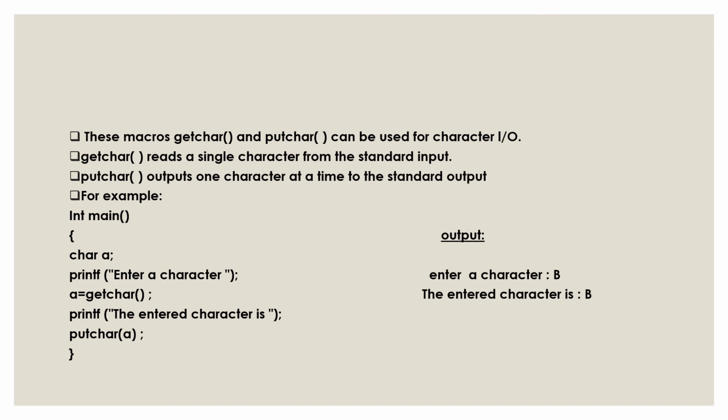Getchar and putchar. Getchar and putchar are used for character input and output. Getchar reads the data and putchar returns the data. Here we have asked the user for a character and it is getting stored in A. Then we are returning it using putchar, and here we have entered B as the character. The input we have given is B, and then we return B because getchar reads the value which is stored in A and putchar returns it.